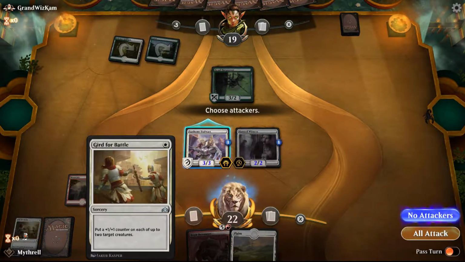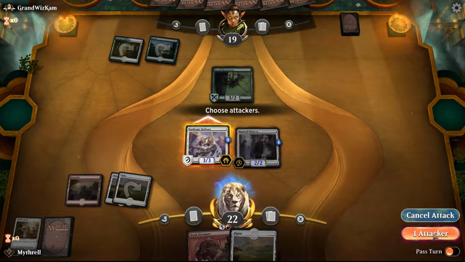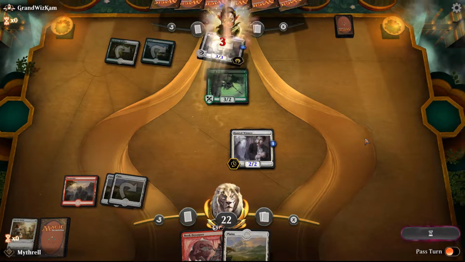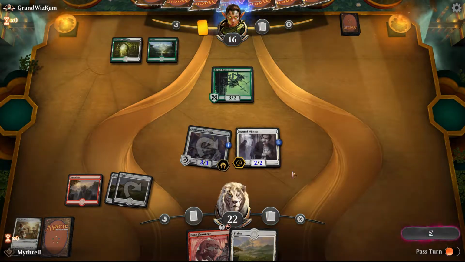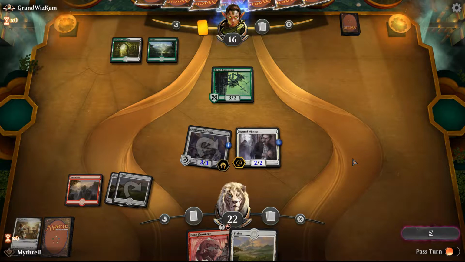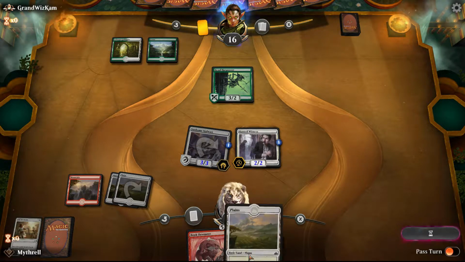Wait, I could have put both on the same guy. Well, shit. I misread that. Of course I would have made this 4-4 because that way he can mentor this guy for longer. And it... yeah, well... shit. That's what happens when you don't read your card. We don't actually...